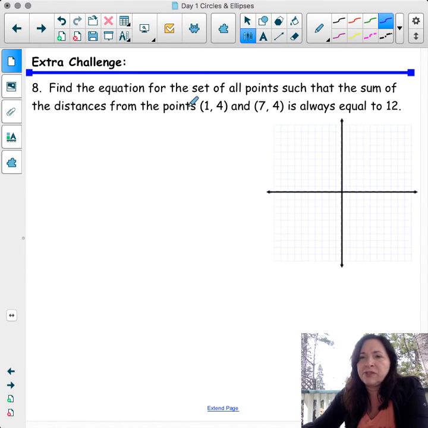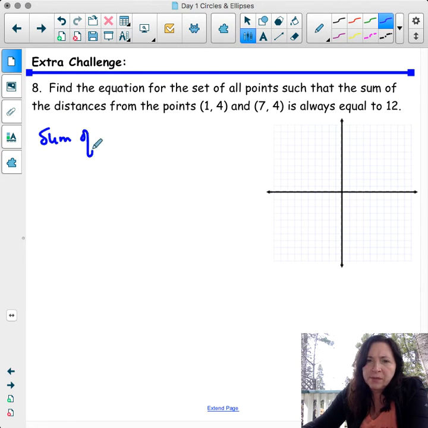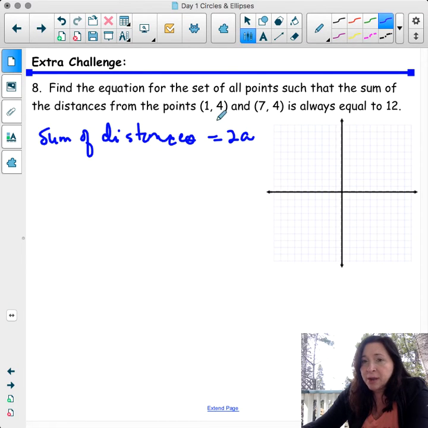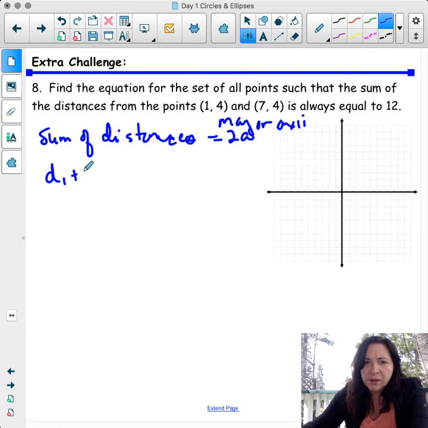Find the equation for the set of all points such that the sum of the distances... So we do have a formula for the sum of the distances, okay? The sum of the distances is equal to 2a, 2a being my major axis, okay? And so what that means is, let's graph this. So we know that d1 plus d2, the sum of my distances,